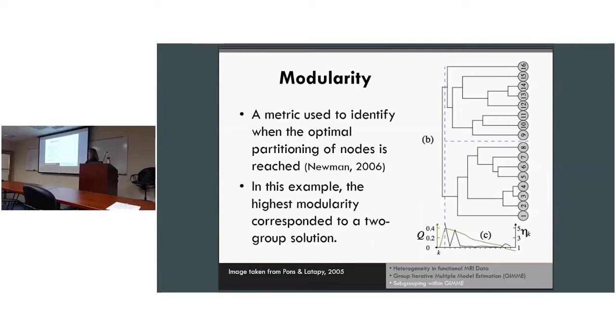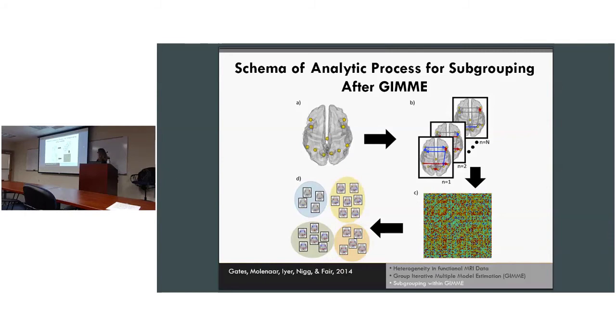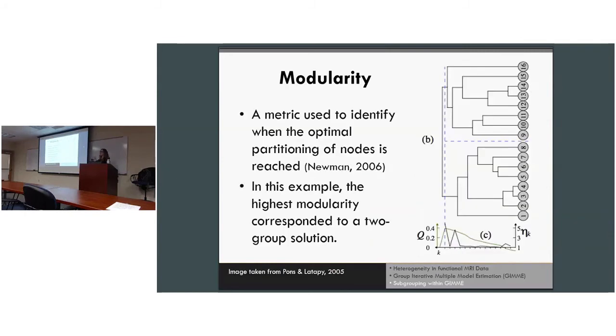So modularity is used in a lot of community detection approaches. Community detection, for those who don't use it or aren't too familiar, is cluster analysis. You can think of it as cluster analysis. It's clustering people according to similarities. So you want more similarity within group than between group. And so it's often used in networks, and so instead of similarity, it's thought of in that case in terms of connection. But we're bringing it back to similarity. So kind of started in social sciences, we're bringing it back to social science interpretation, that we're considering our matrix, that I showed you in the previous slide, this matrix, our similarity matrix of how similar two people are.